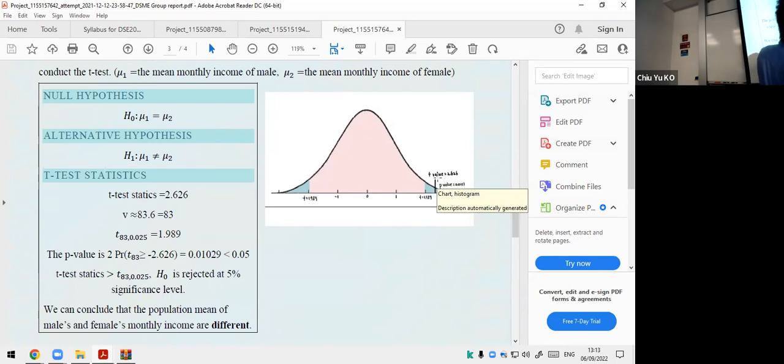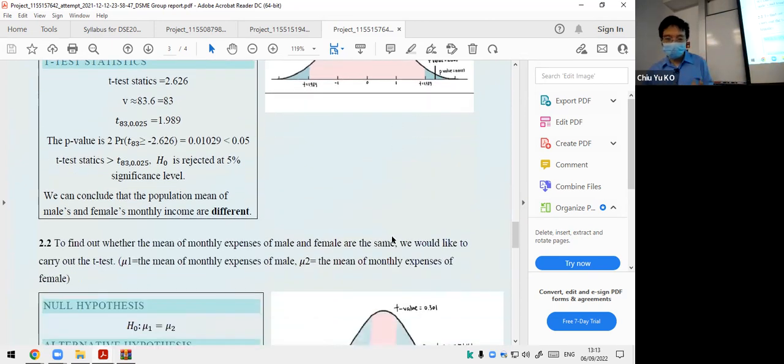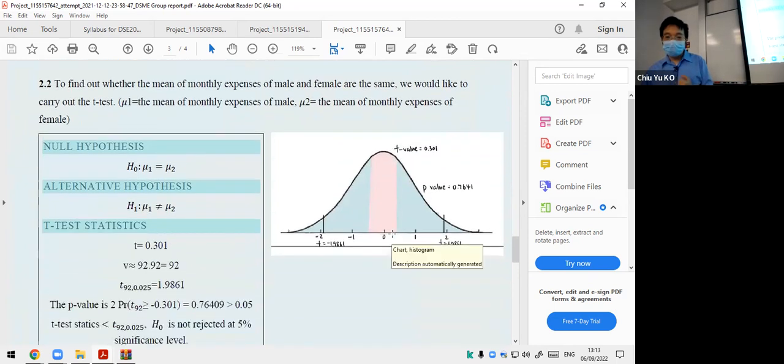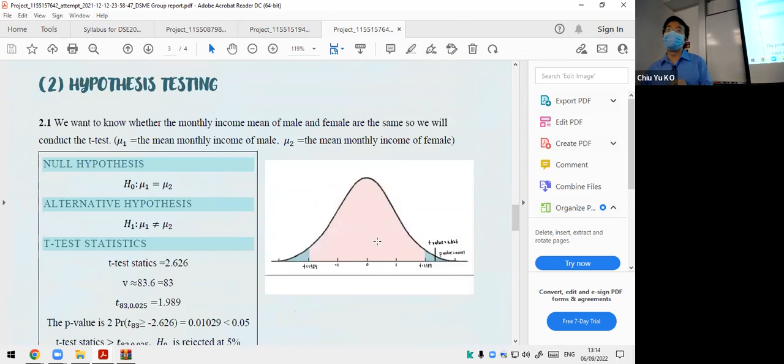Turn out to be, I think what they do is different. Interestingly, I think in this model, they think men spend more money. Okay, which a little bit surprised me. In this one, they look at the income. Income, male earn more. Maybe that's right. Yeah, that is possible.